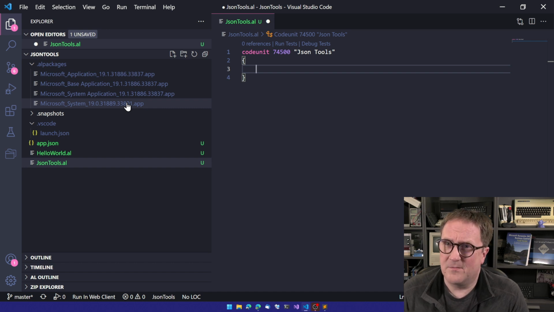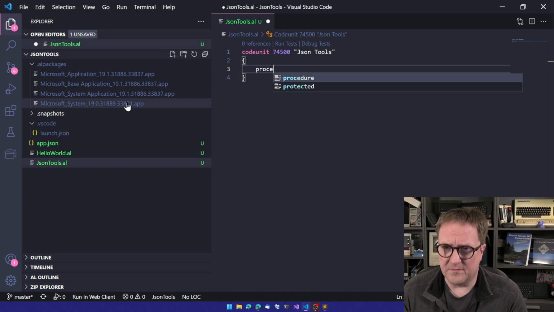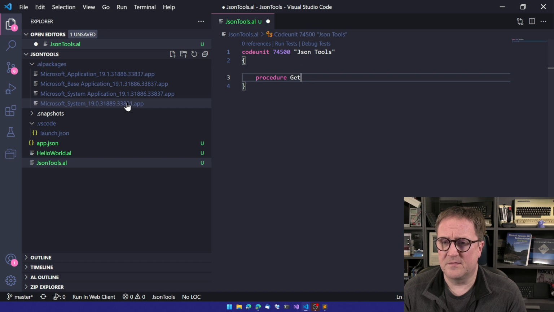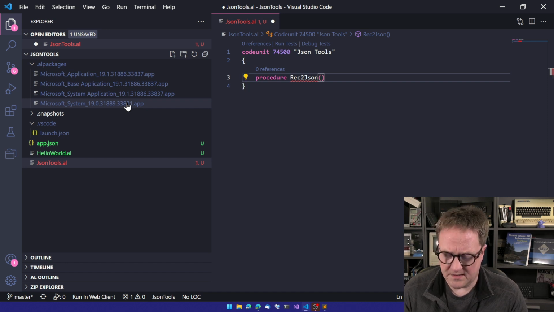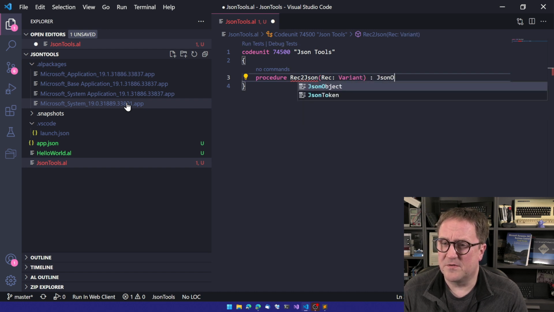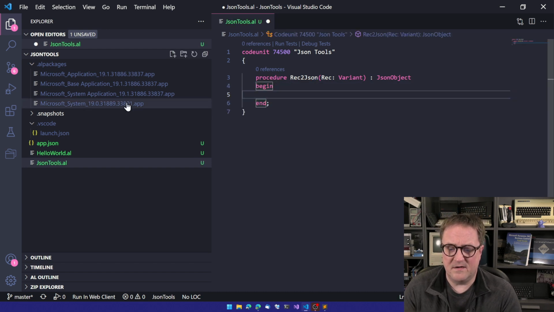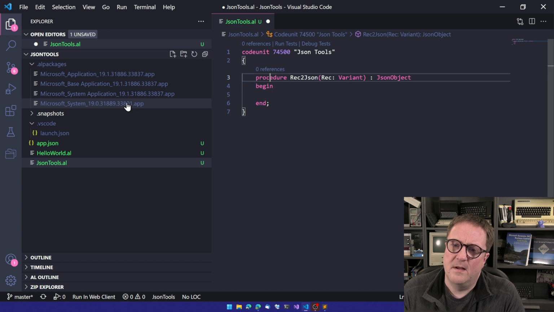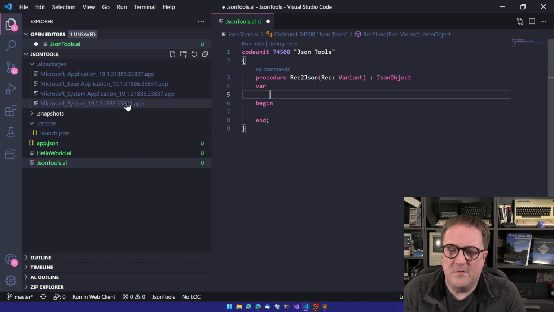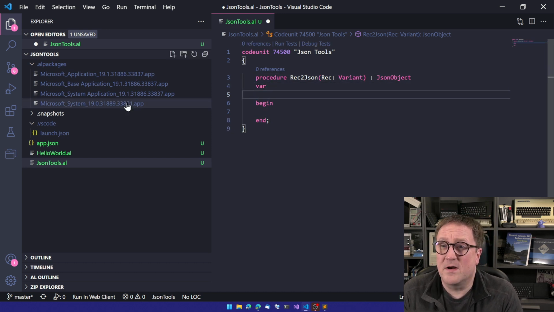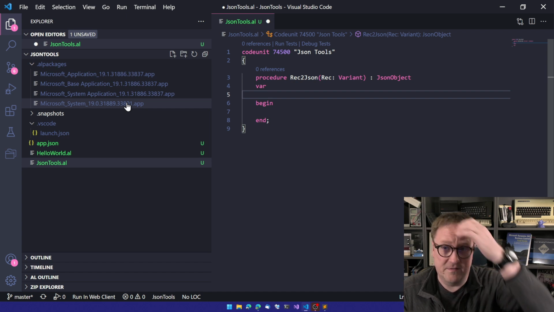So ideally we would love a procedure, Record2Json, that will pass a rec as a variant, and we will return a JSON object. That looks pretty sweet, doesn't it? I think it does. So the first thing we have to get, as per the variant video,